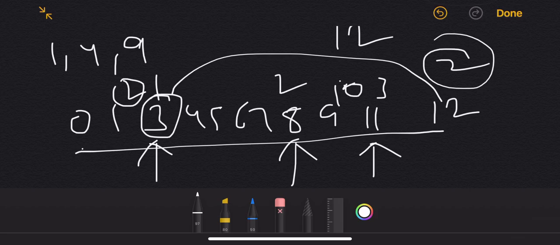A base case is nothing but a case where we know the answer. For example, for 0, we know that to make 0 we don't have to split anything, which means 0 is the answer for 0. And for 1, we don't have to split anything, so 1 is already a perfect square, so 1 can be split into 1, so 1 is the answer for 1.